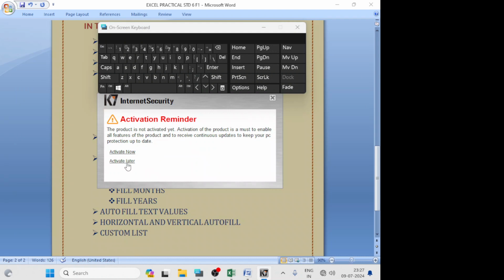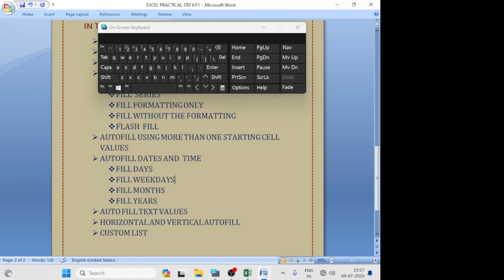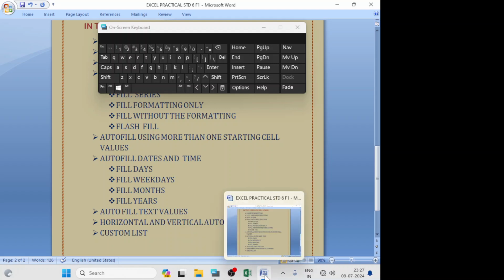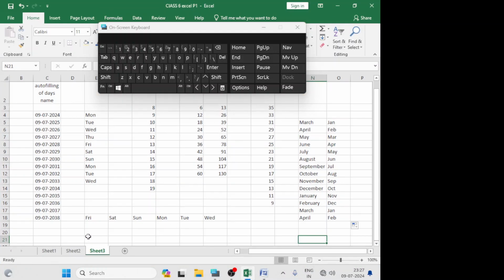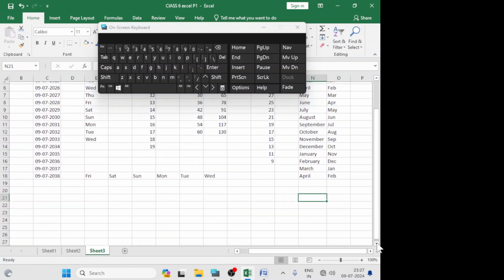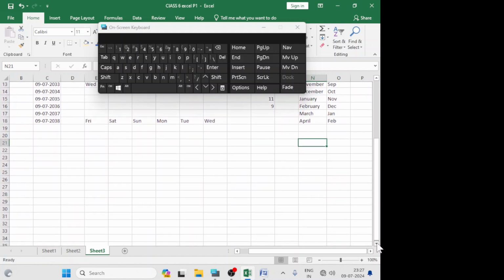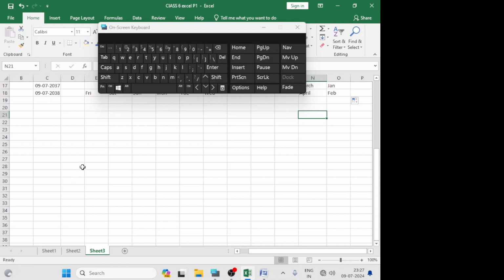Next topic is custom list. In custom list, we can make our own list in Excel. How to make a list in Excel?